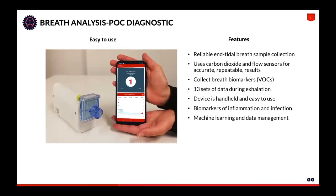So as I said, in the last 18 months, we've developed a point of care AI breath test and a mobile application. And in this test, during the exhalation, we're collecting 13 different sets of data that characterize this exhalation in 4 seconds. This information, the combination of the biomarkers of inflammation as well as infection, we combine all these data sets together, and we've been working on developing machine learning capabilities to improve the diagnosis of asthma and also the implication of point of care test, a test that could be used close to the patient to help them